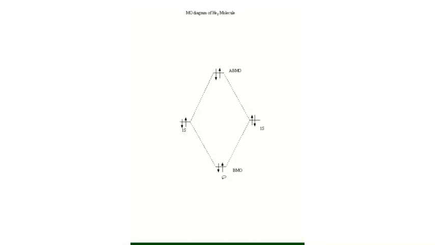So this is the molecular orbital diagram for the He2 molecule, the helium molecule, and you can see there are 2 bonding molecular orbital electrons and 2 anti-bonding molecular orbital electrons. That means the number of bonding electrons minus the number of anti-bonding electrons will be 0. 2 minus 2, 0. The bond order will be 0. That is, for the He2 molecule, the number of bonds between these 2 helium atoms is 0. That is, there is no bond.